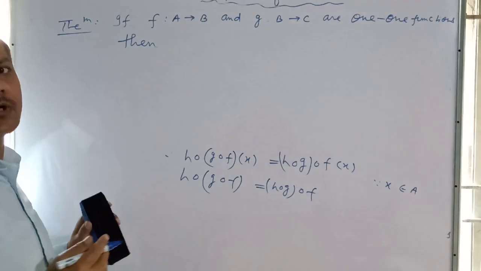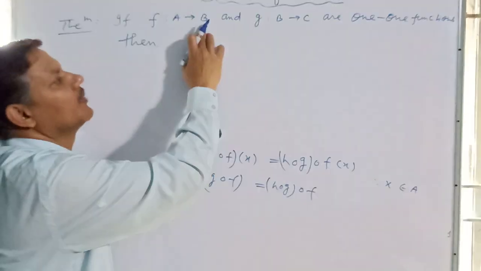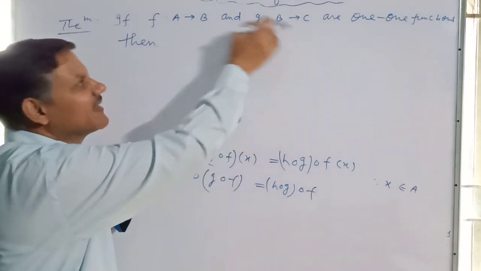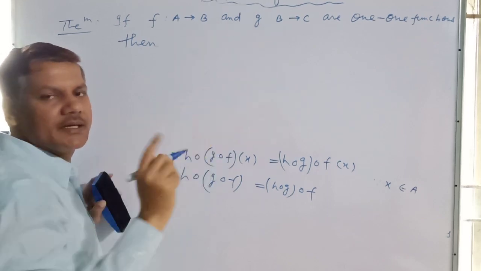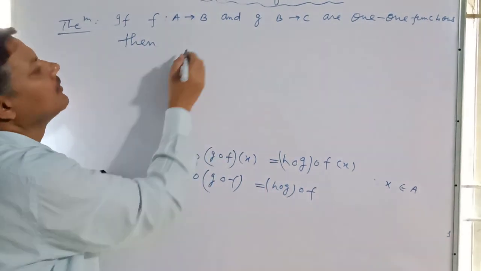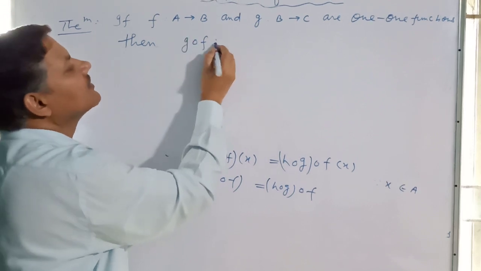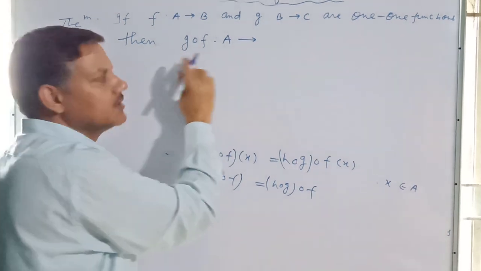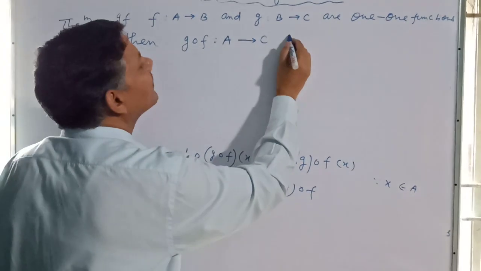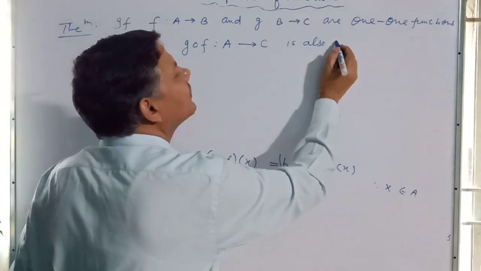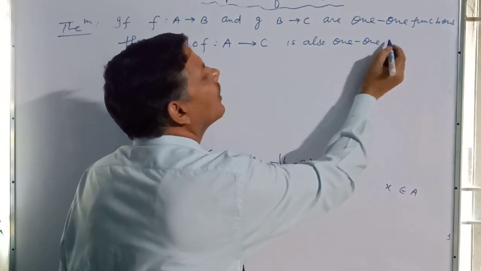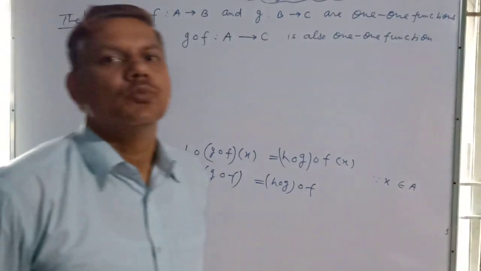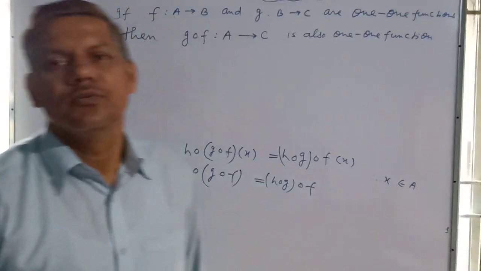Then there are two types of composition, and if we say that is codomain, its domain, then we are talking about what? f composition g, and similarly we may prove g composition f, but at a time only one proof is required. So then f composition g is a function taking domain of f, codomain of g, that is C, is also a 1, 1 function, or simply we can say composition of two 1, 1 functions is also a 1, 1 function.